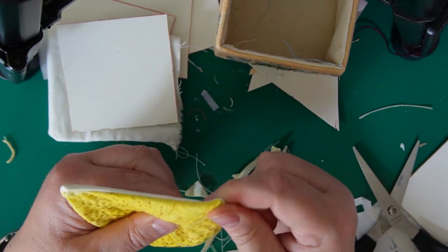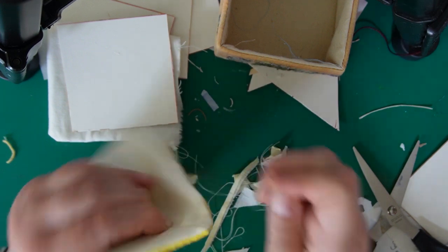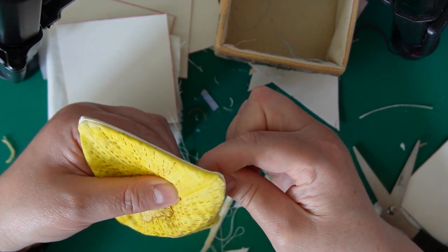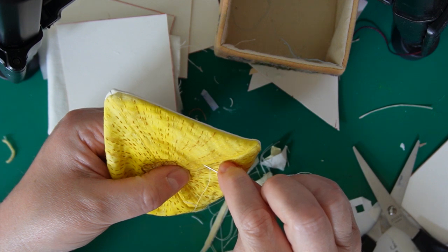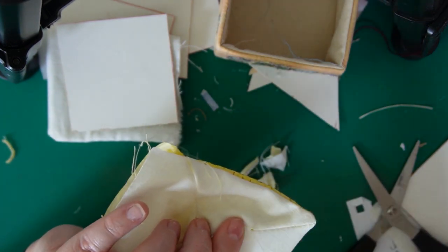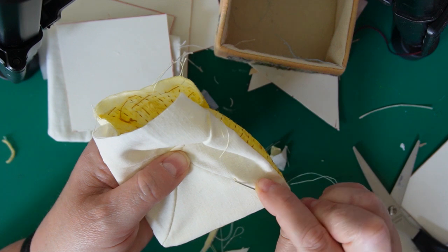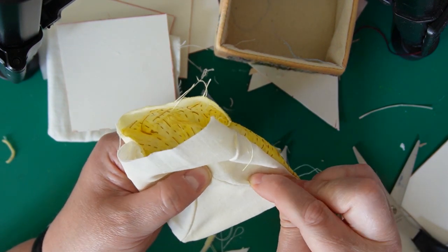So I'm going to try and get that there, and I want to put a little stitch, taking it from this side. So I'm going to take the stitch from this side and I'm going to bring it up through there and make sure it's there, and then pop a little stitch back down again and line it up with the roof there. And then what I can do is, if you go back in but not through all the fabric, you can work your way up to another little point